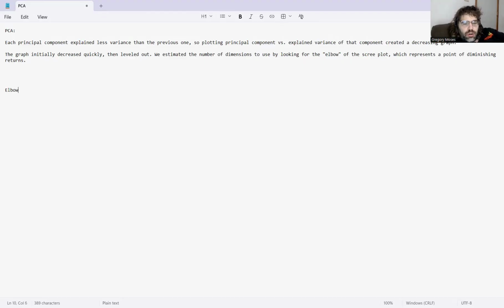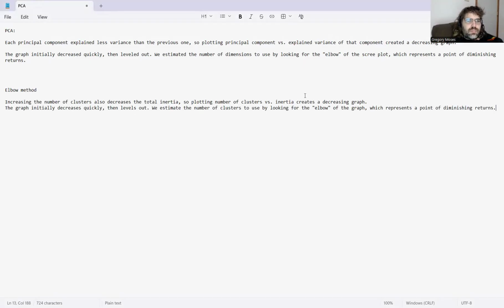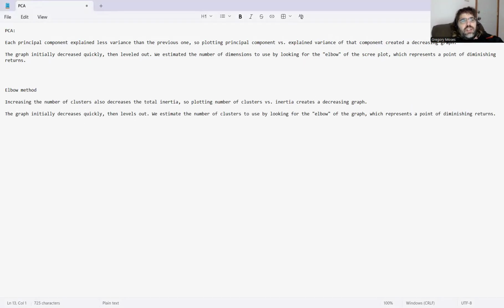How similar is this to that? Well, it has the word elbow right there in it. This is the elbow method. Increasing the number of clusters makes the clustering better. You can read my Canvas section for details and definitions, but essentially,